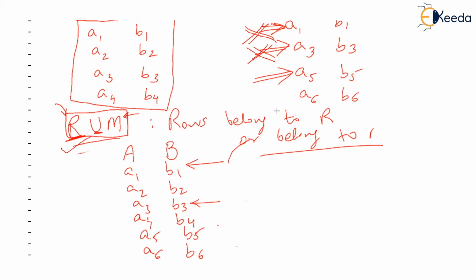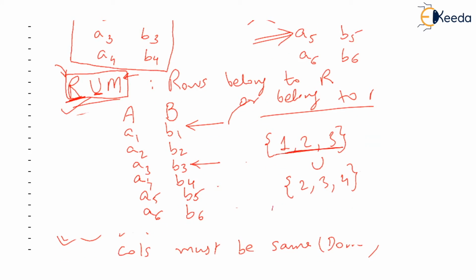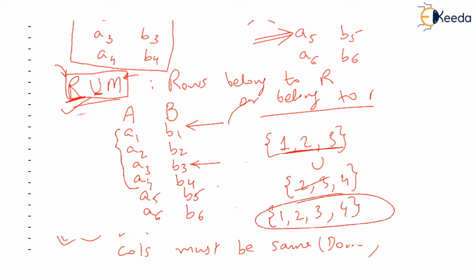As you all know, in the simple sense, if we have two sets, let's say the sets are 1, 2, 3, and we are finding the union of this set with, let's say, 2, 3, 4. In that case, the union will contain 1, 2, 3, obviously, but this 2, 3 won't be added again, and 4 will be added. So you know the union operation. That's exactly what we have done. We have first taken all 4 rows from R, and then we have deleted the duplicates A1, B1 and A3, B3 from M, but A5, B5 and A6, B6 were added.